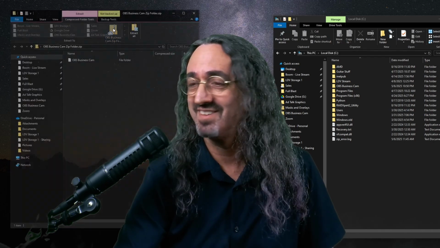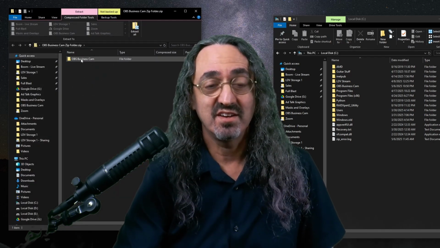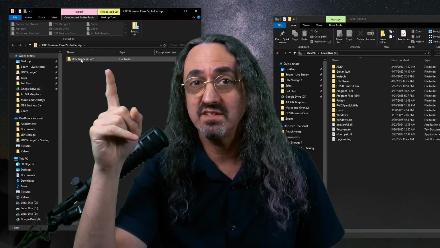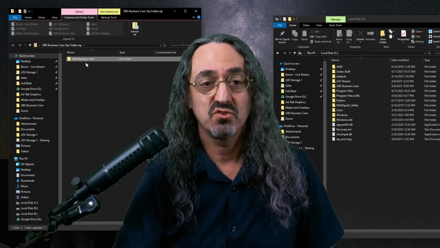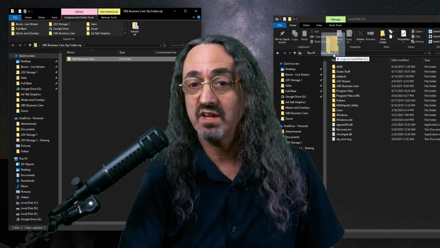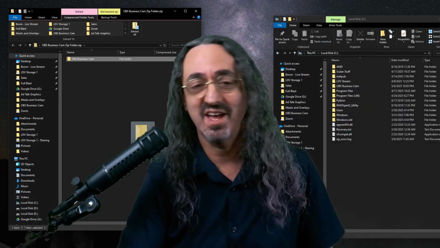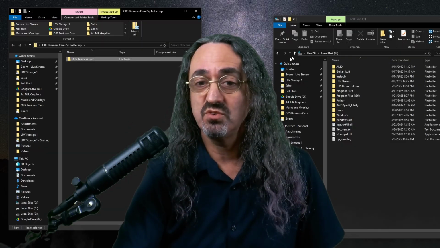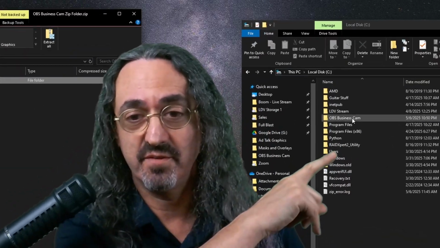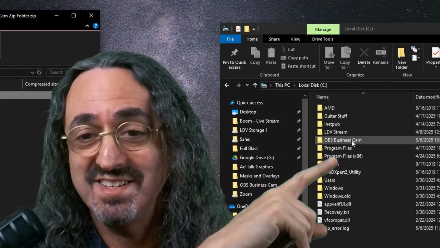Just open it up and drag it, OBS Business Cam, the folder inside the zip folder. Drag that over directly to your C. I'm not going to do it because I already have it there. And once you do it, you should be able to click on it right there. OBS Business Cam directly in C,